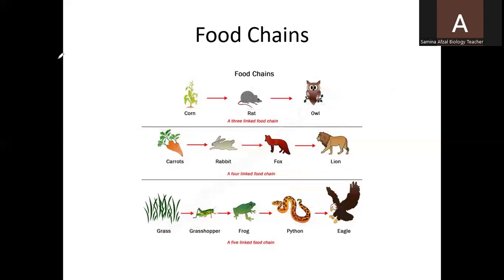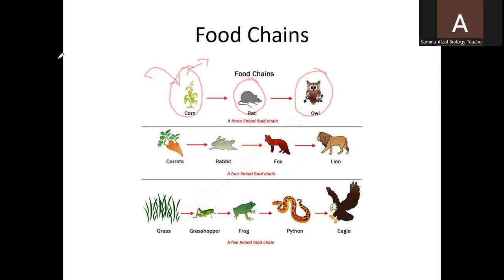So you can see corn. Corn is a green plant which produces the corn, and the corn will be eaten by the rats, and then the rats will be eaten by the owls. So in this way, the energy which was captured by these green plants will be transferred first of all to the rats, and from rats it will be transferred to the owl. You can say it is the shortest chain, which consists of only two trophic levels.